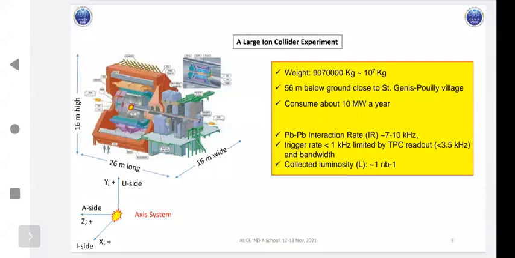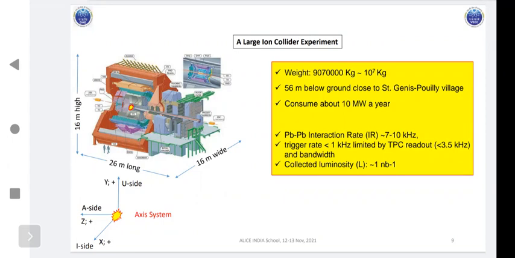And what is the food it needs? 10 megawatts a year. It is about 10% of the total SPS consumption. And the SPS on average consumes 200 megawatts a year, which is exactly what is needed to light the whole Geneva city. So we can imagine how much power the SPS consumes, and our experiment, this ALICE, consumes. So how big is this? What amount of energy is spent to run this kind of complex detector? Not only this,